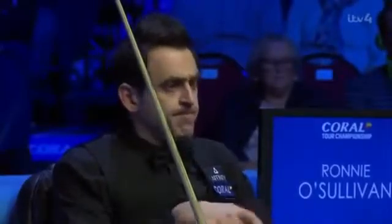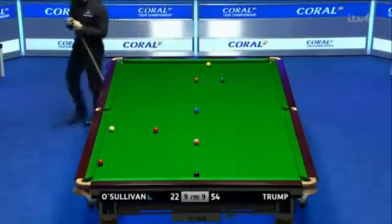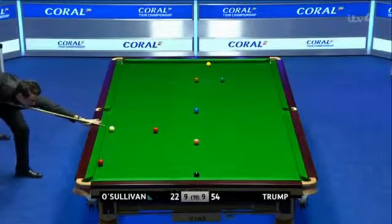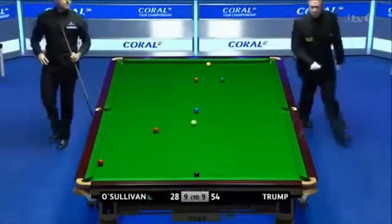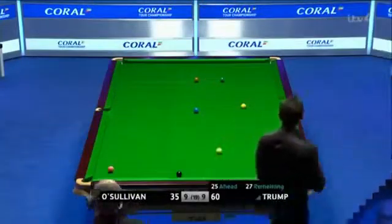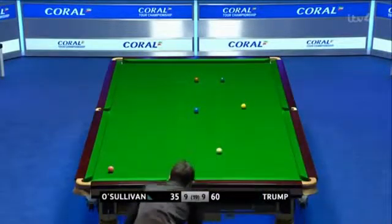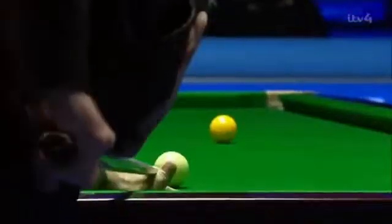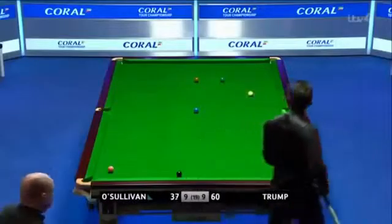Trump looked a bit ashen-faced when he came out of his chair. Everything's changed in one shot. This is a big shot, really big. Oh, he never looked like missing it, did he? Didn't he play it well? Again, not easy by any means, this. It's as good as straight. We've seen him miss these sort of cueing shots throughout the match. But not that one. That was sublime